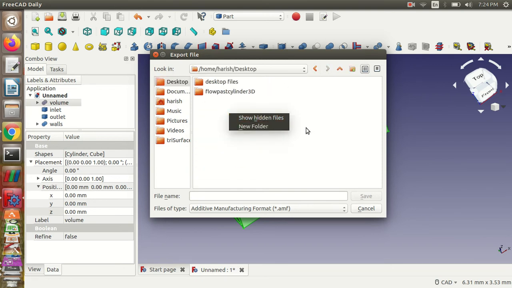Okay, no problem. I'll make a new folder, that means my cylinder, so I'll name it filling up of a tank. Okay, a tank.